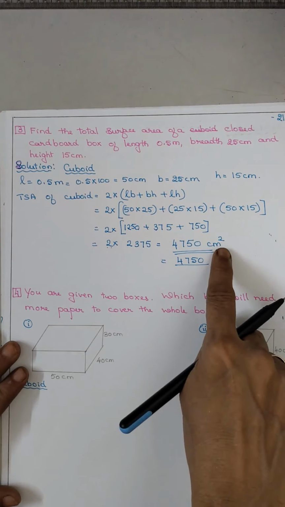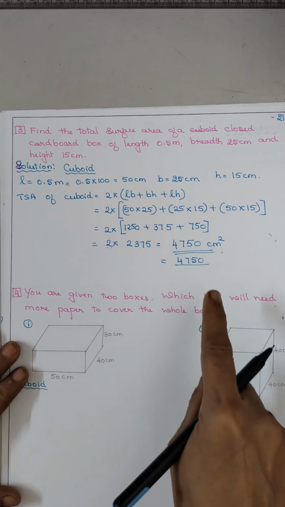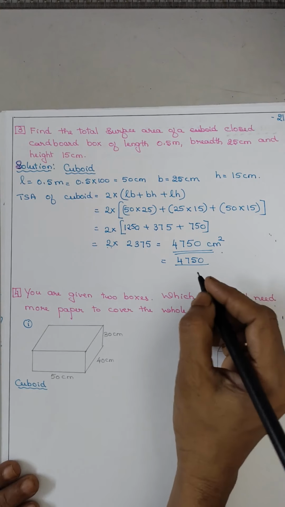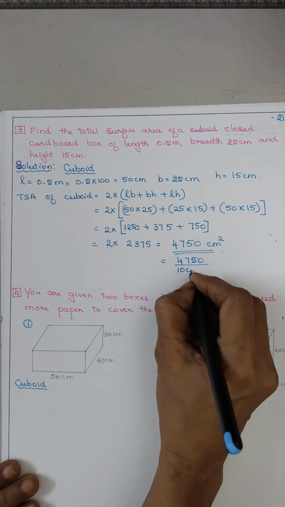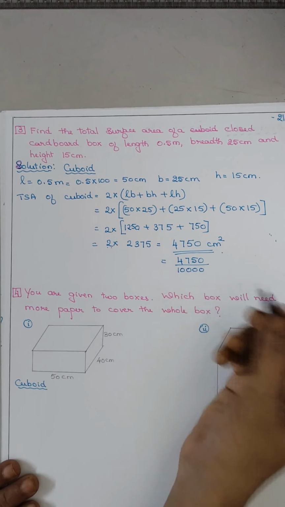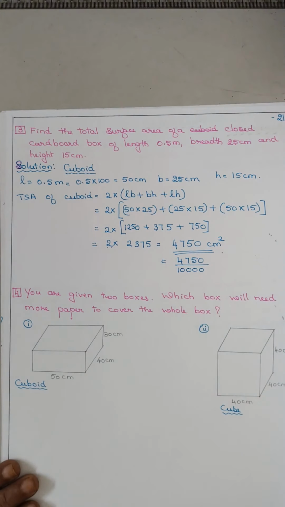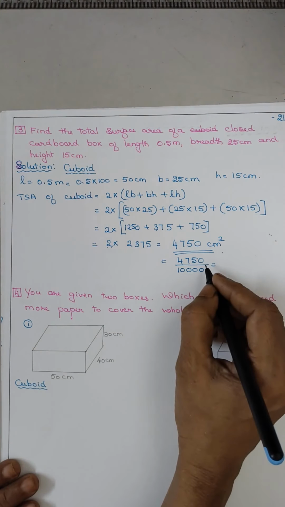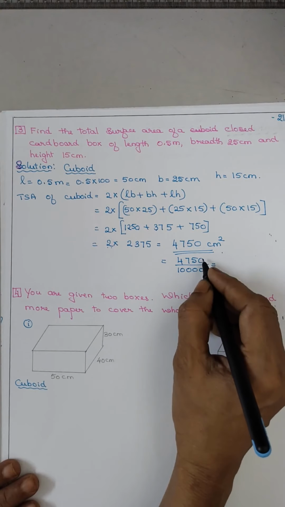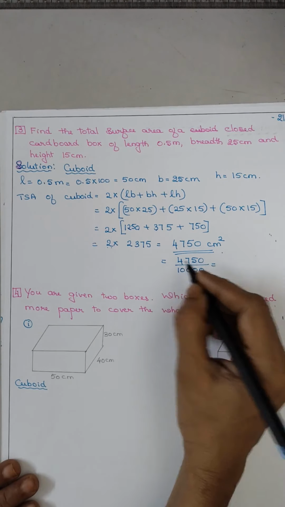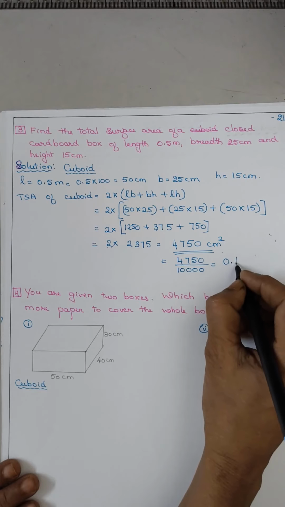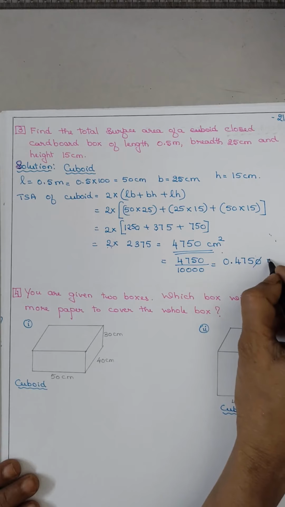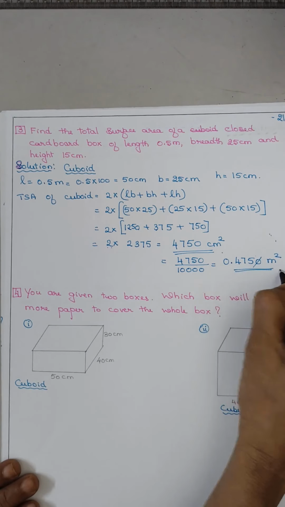But you know, छोटे यूनिट से बड़े यूनिट में कन्वर्ट करने के लिए डिवाइड करते हैं. तो आप लोग क्या करोगे अभी, 10,000 से मतलब 4 0 से, है ना, 1 and 4 zeros, दैट इज 10,000 से डिवाइड करते हैं. तो डेसिमल मूव्स 1 2 3 4, 1 2 3 4, so it will be 0.4750. It gets cancelled, meter square.